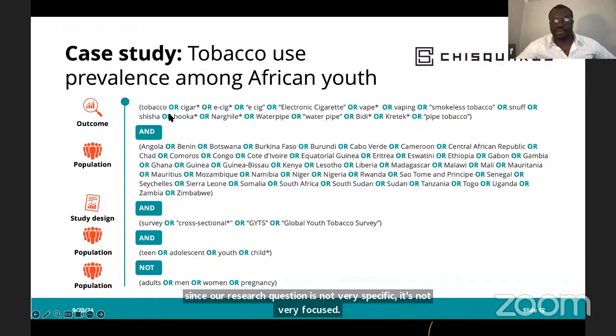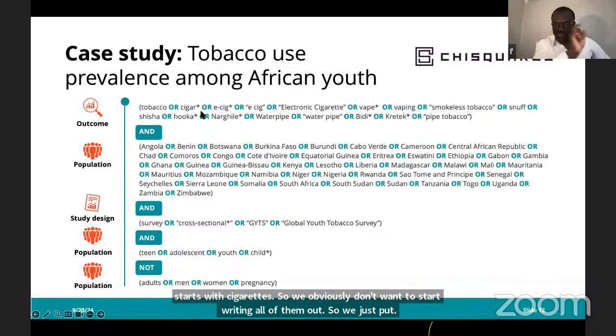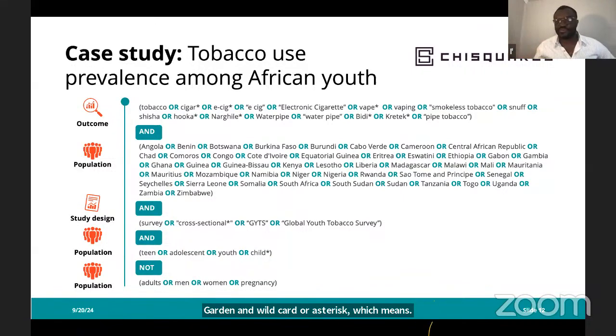Tobacco or cigar*. When we use the asterisk here, this is a wildcard. We're saying anything that starts with cigar, regardless of what it ends with. So this could be cigar, this could be cigarillo, this could be cigarettes, this could be anything that starts with cigar. So we obviously don't want to start writing all of them out. So we just put cigar and then the wildcard or asterisk, which means anything that starts with that term, regardless of what it ends with. The same thing here with